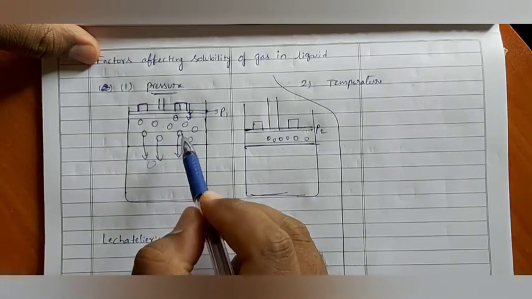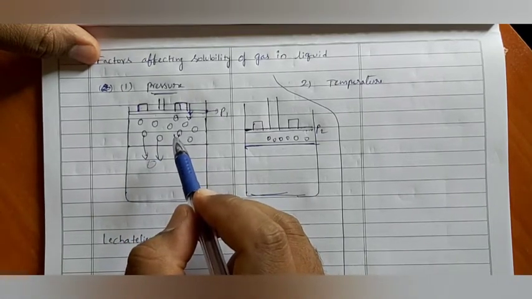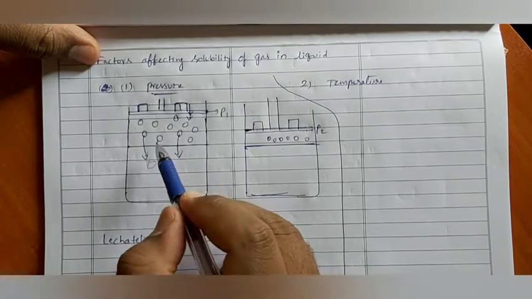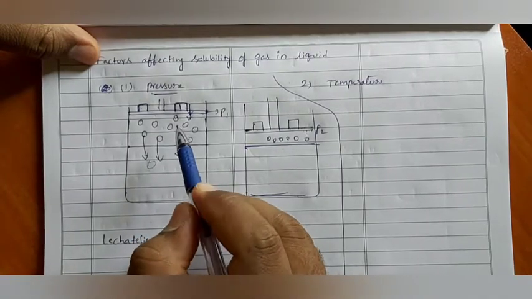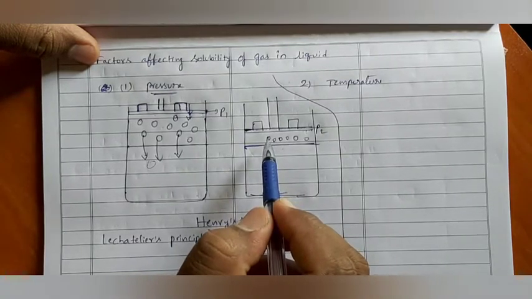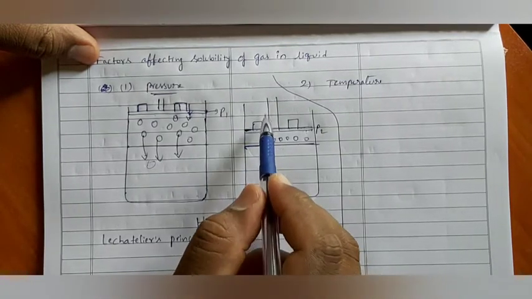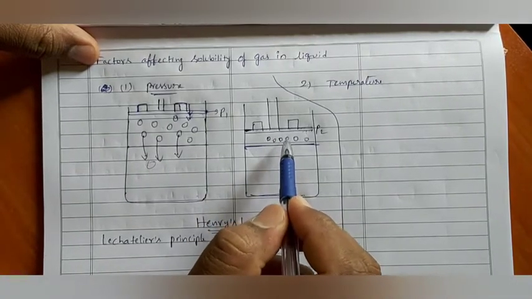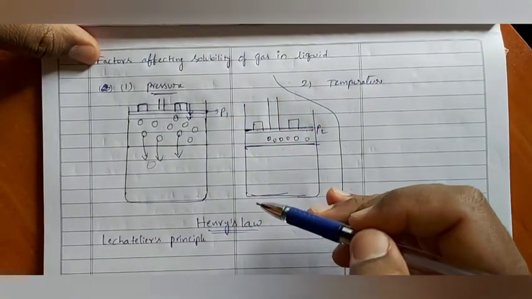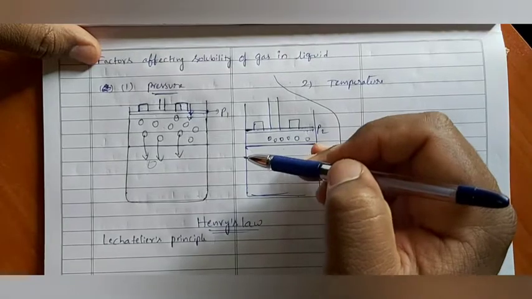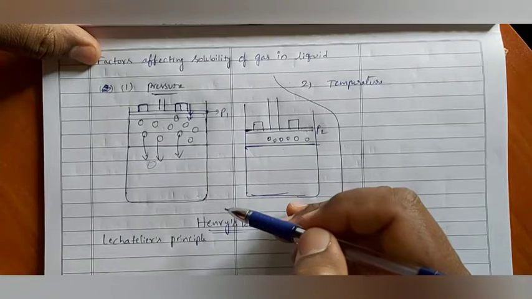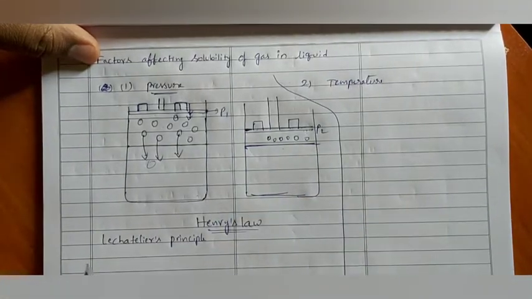These gas molecules will respond in a way that reduces the pressure on them. To reduce the pressure on them, some molecules enter into the liquid state. When the number of molecules decreases, automatically the pressure on them also decreases. Further, if you apply more pressure, these 6 molecules also decrease in number. Meaning, when pressure keeps increasing, the solubility of the gas in liquid increases. That is according to Le Chatelier's principle.